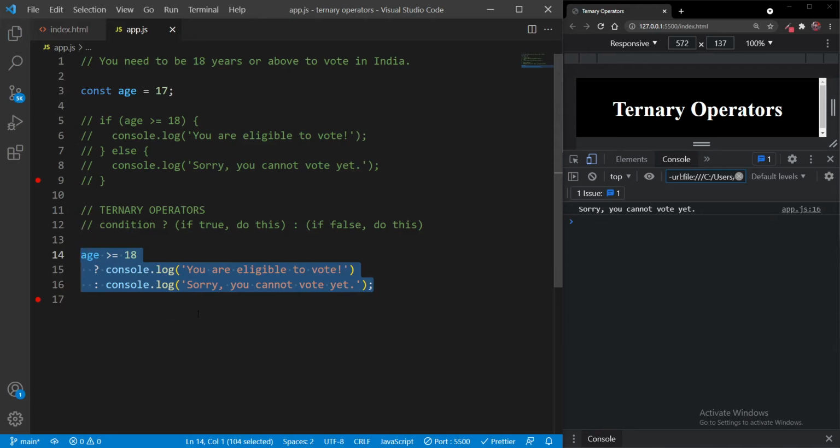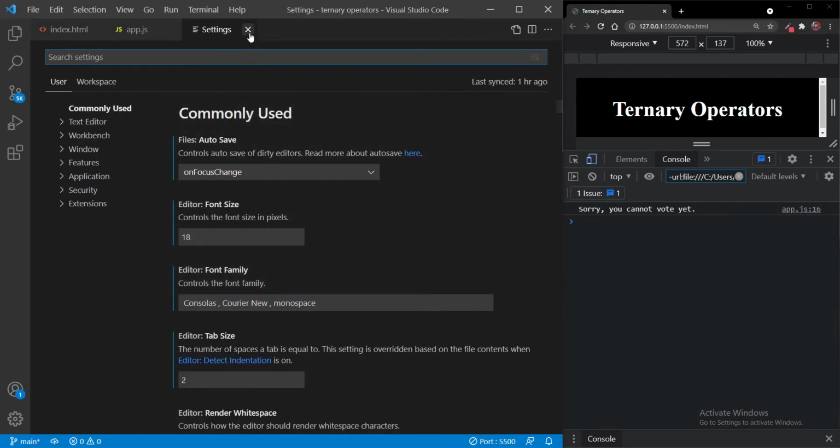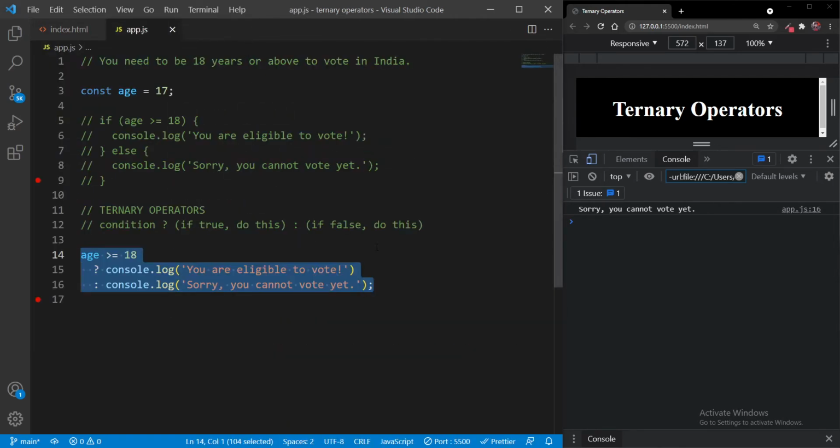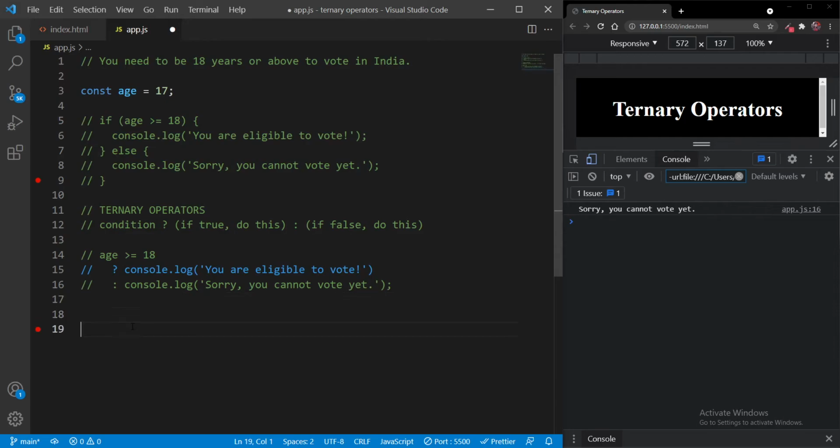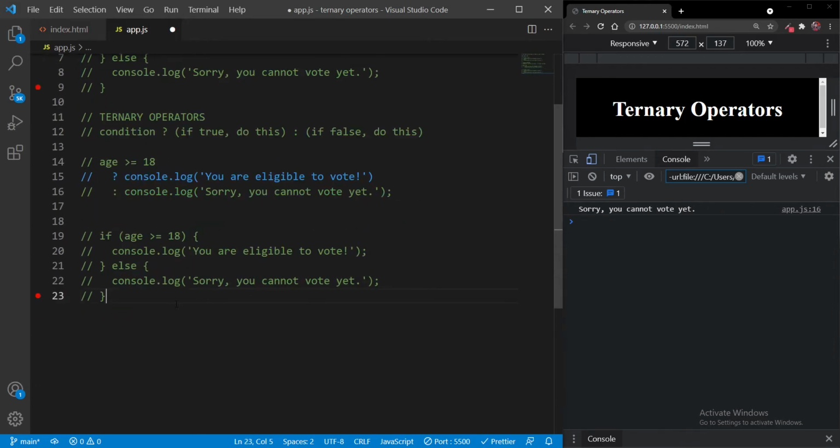So I will comment it out, copy and paste this line here, and then uncomment it. Now we will write this condition in a little different way. So let me pause the video and write it.